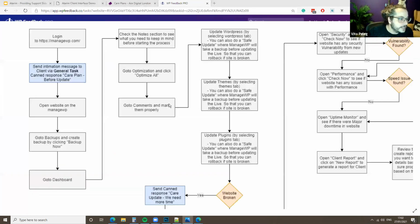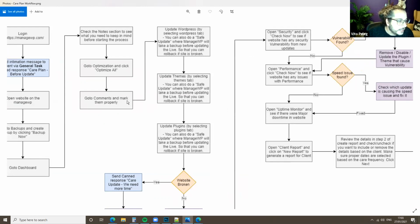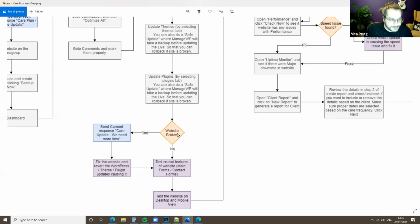Next up, opening the website on Manage WP or wherever, right? Go to backups and click backup, then go back to the dashboard. I'm just going to run through some of this stuff. Check the notes. In there, we have notes about some plugins that we customize, so we don't want to update them. So before we push updates, we just want to make sure that everything is cool. Click optimize, and you guys know the process of what is done in there. Go to comments and make sure that there isn't any spam and everything is marked properly. And then update WordPress. By selecting the WordPress layer, you can also do a safe update, you know what to do with these, right? So I'm just going to skip, update the theme, update plugins,